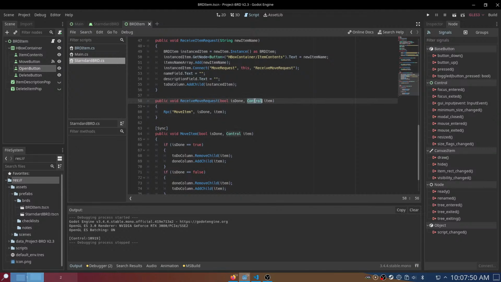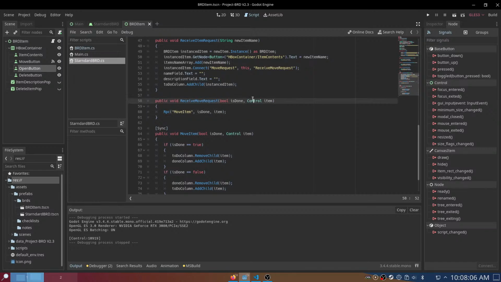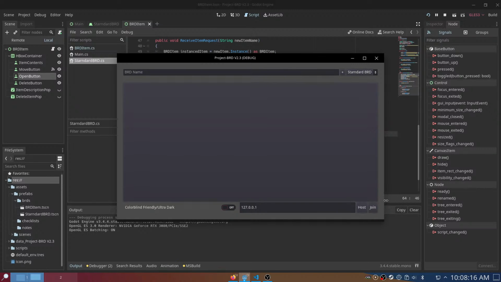I think these just don't match the same types. Well, no, they do. I'm just going to change it to BRD item, just to be safe. BRD item. Okay, that shouldn't create any errors. Post it, test,